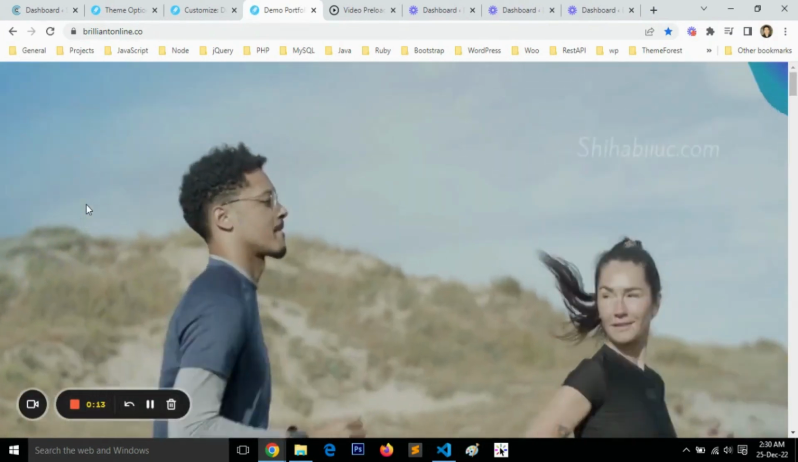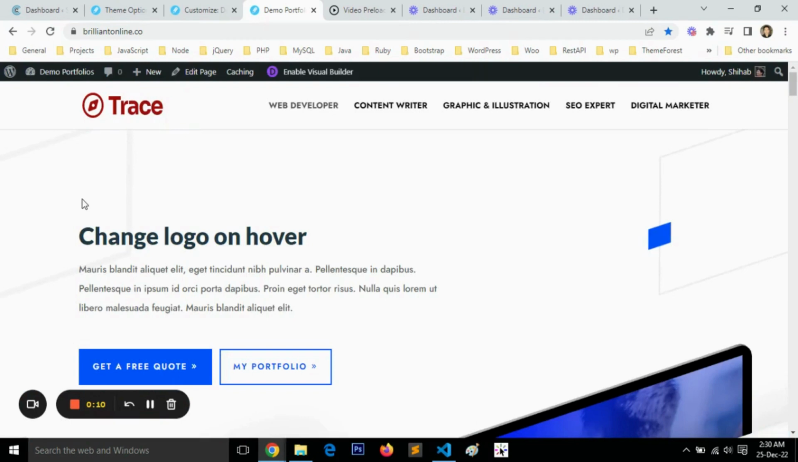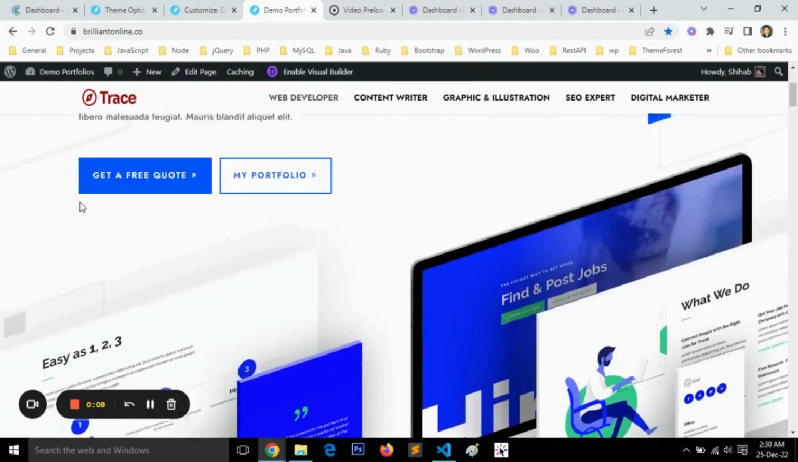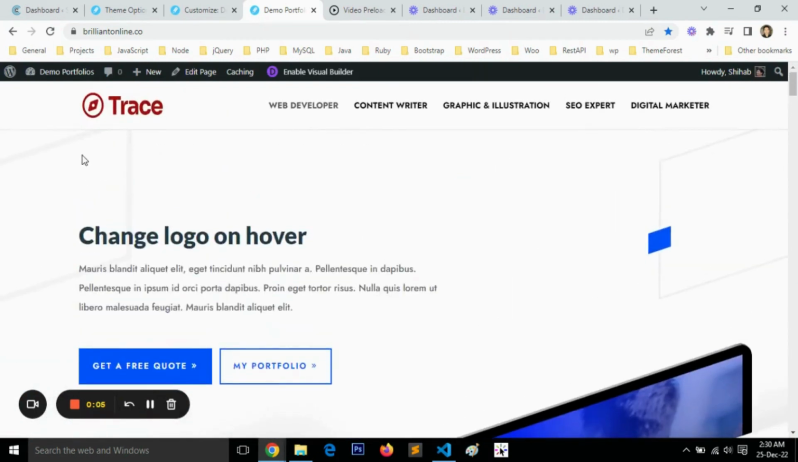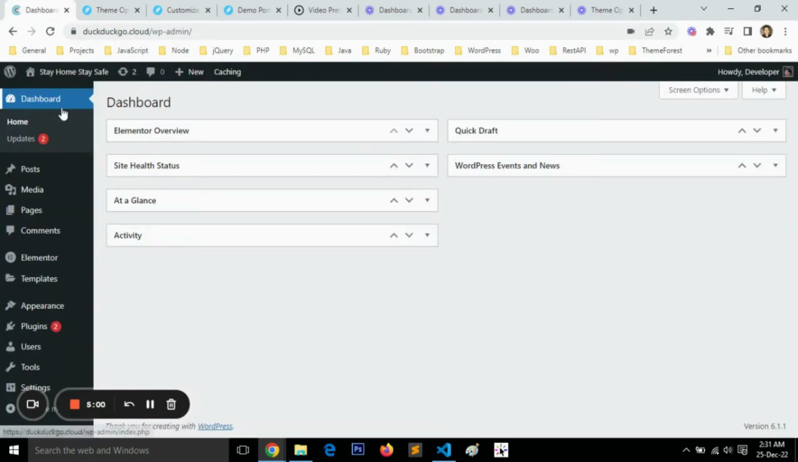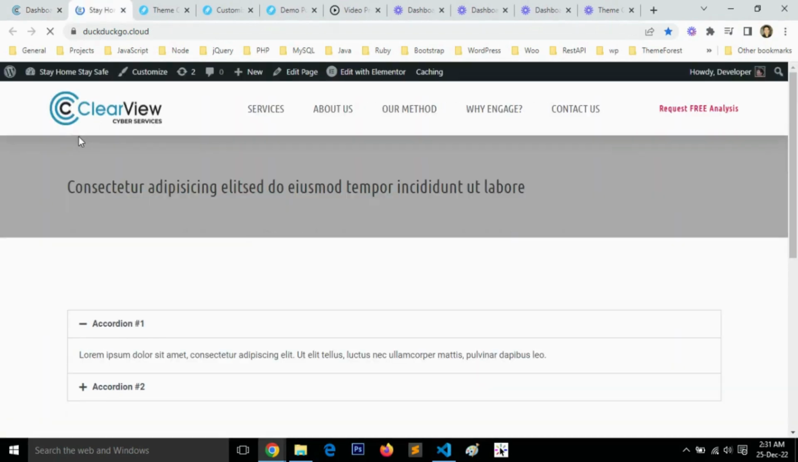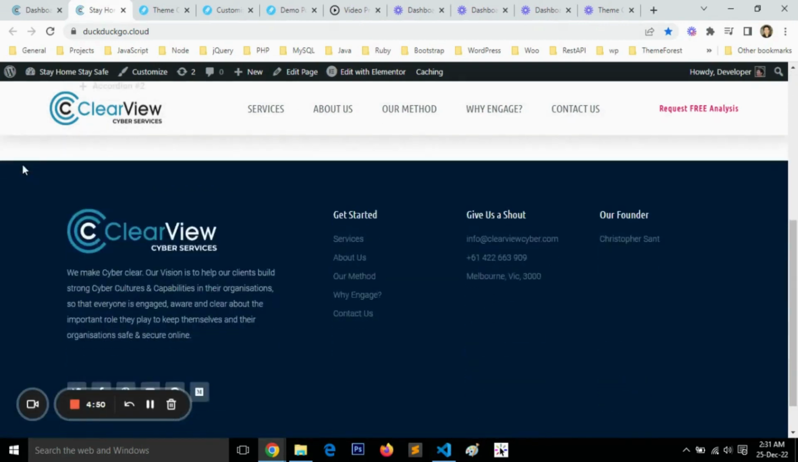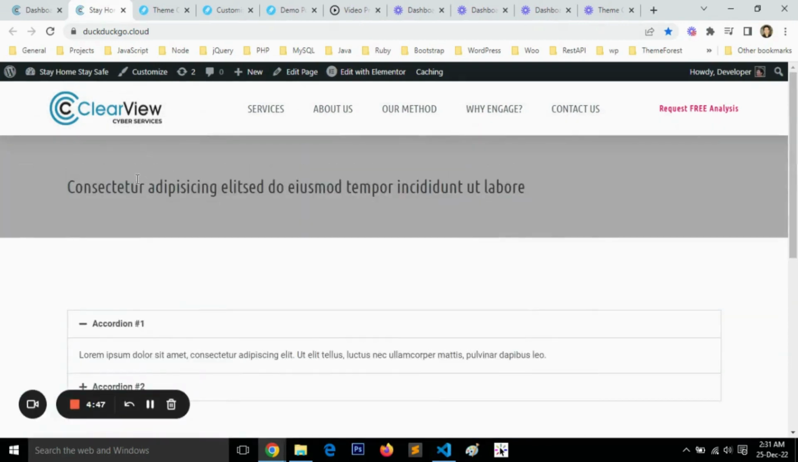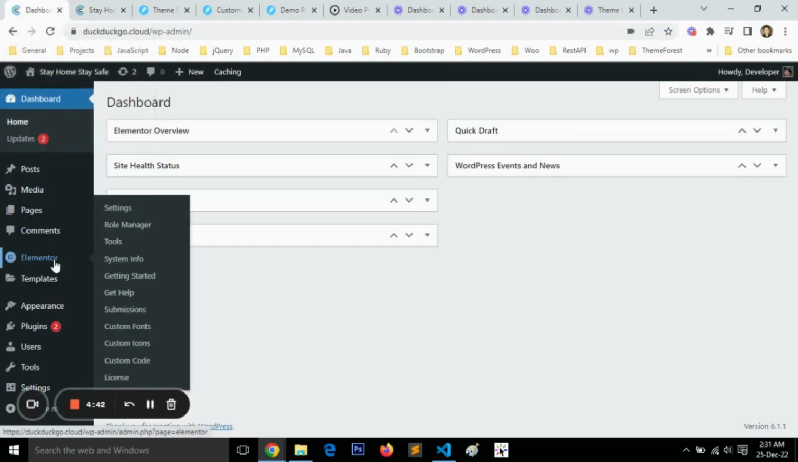Once again I refreshed this page. Yes, this is how it works. And next, we will see how to do that on an Elementor website. This is an Elementor website, just a bare bone template website, and we will also implement the same video preloader on Elementor Pro website. So if you go to Elementor and custom code,